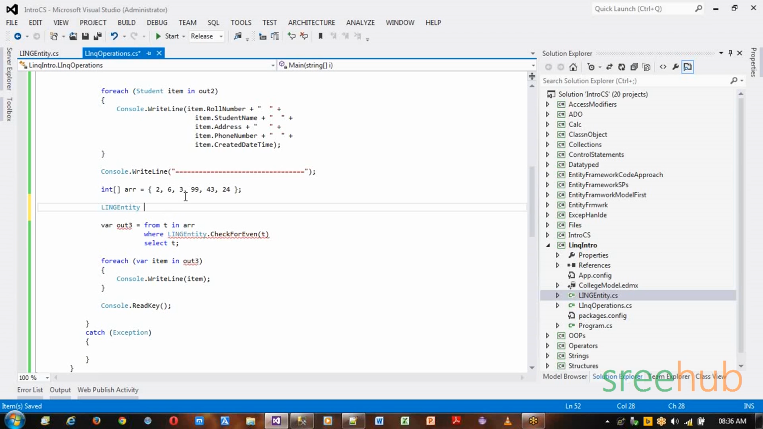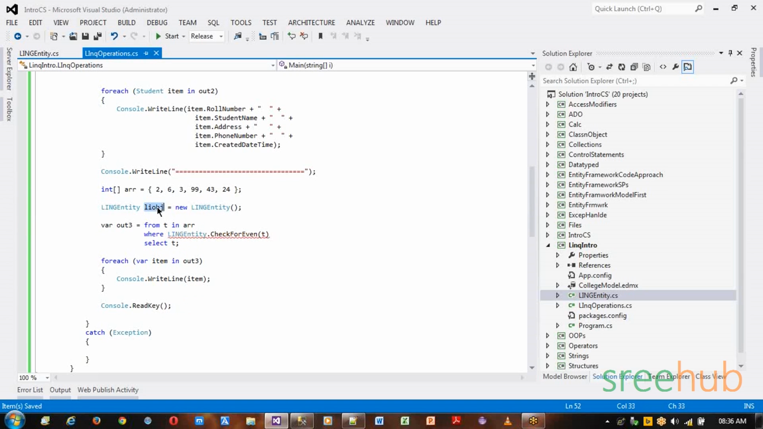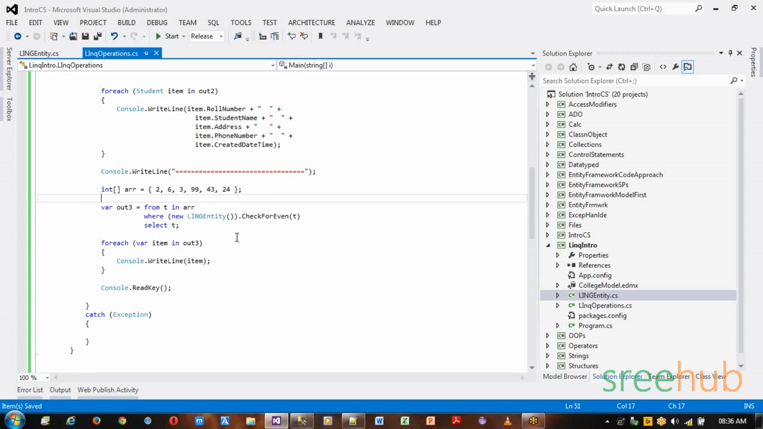Let me call it LIN obj something, and use this object. Now, as you are using this object only for a certain purpose, you don't have to create a separate object. Rather, I can directly say new Linq entity directly. Now what it will do is create an object of this class, and then call this method, because this method is an object method of this class. Fine. Now, if you run this,